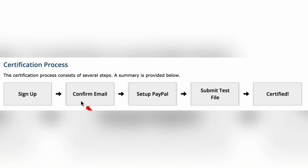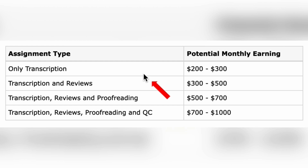From there, you'll be asked to confirm your email address, set up your PayPal account, and then submit a test file. They will send that to you. Again, it will be very simple. All you do is drop it into that free software, send it back, and then you are a certified transcriber. But Scribey.com offers multiple different ways to make money. What you're going to want to do after you get certified is you want to sign up, you want to be a transcriptionist, you want to do reviews, proofreading, and quality control. That's going to pay you the most money. All of this can be accomplished with that free software from